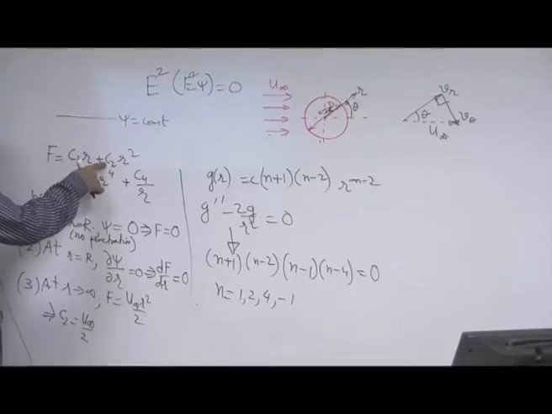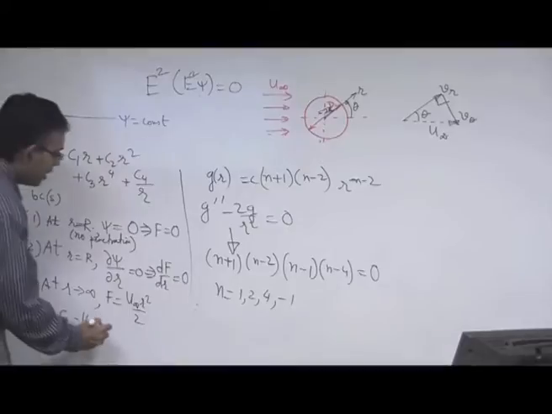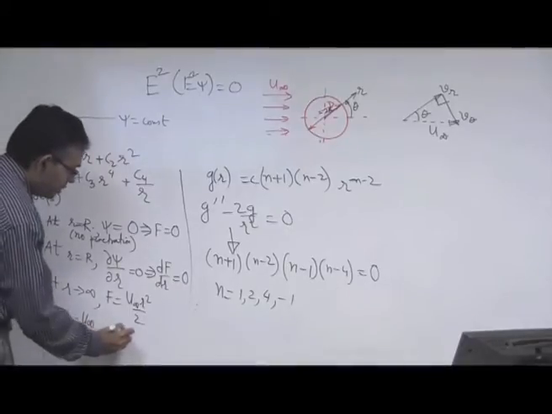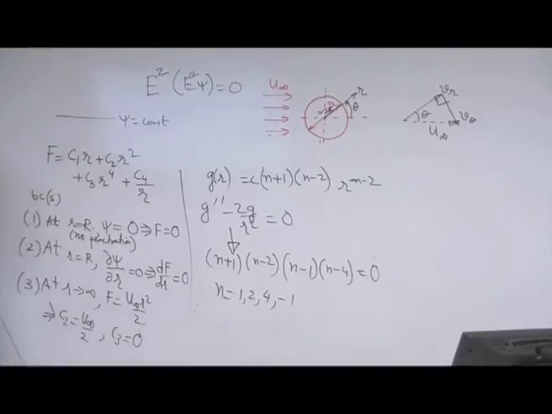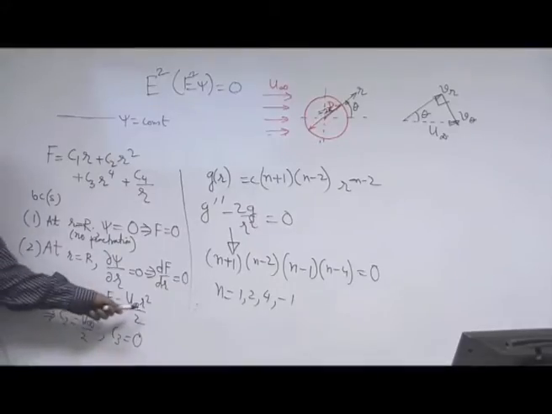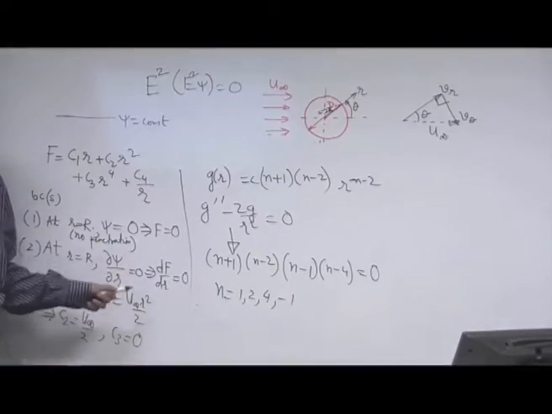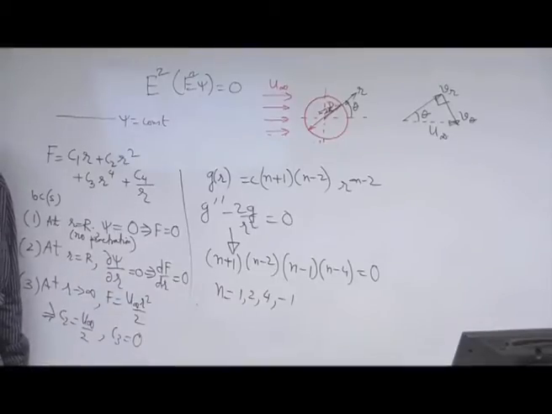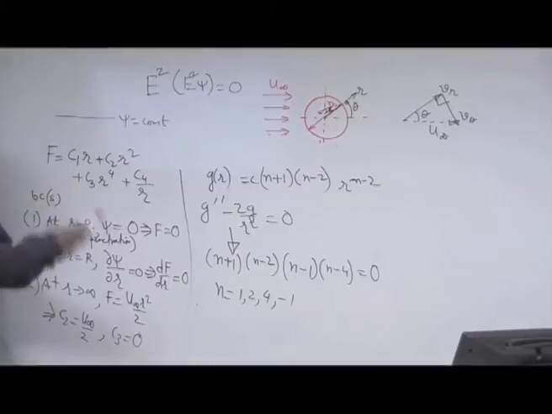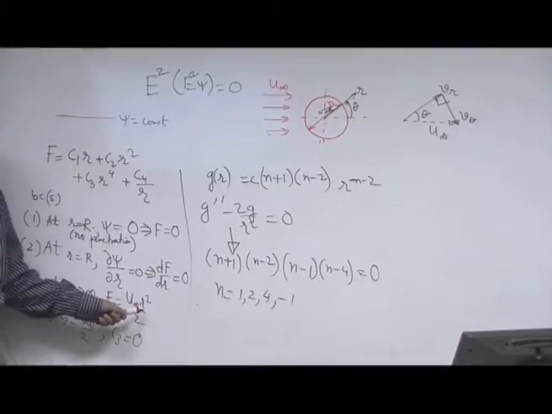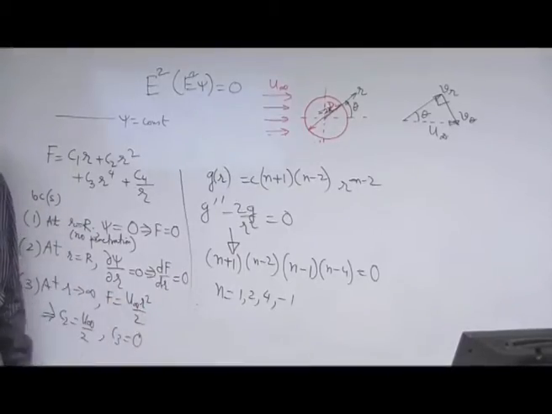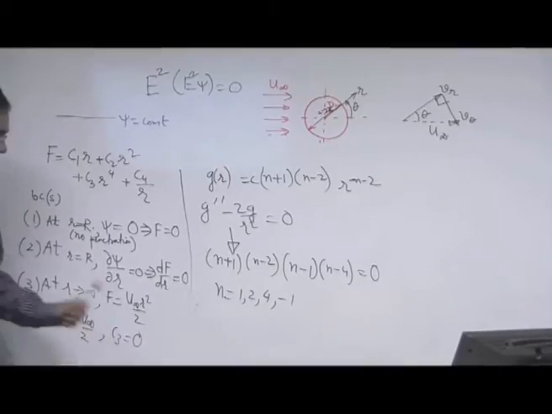Not only that, we can make an additional observation. The additional observation is C3 must be equal to 0, because the highest order dependence is r square dependence. You cannot have a dependence with r of order beyond that. The infinity condition gives the highest order dependence. So you cannot have any order dependence beyond that. So, you have C3 equal to 0.